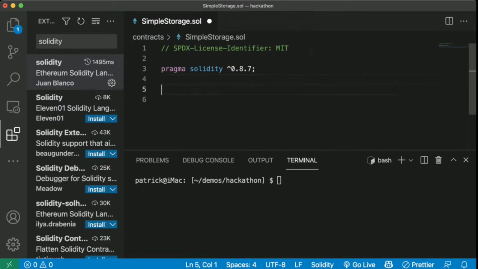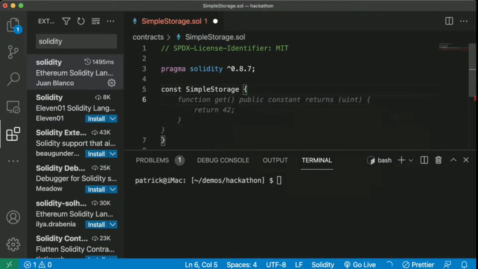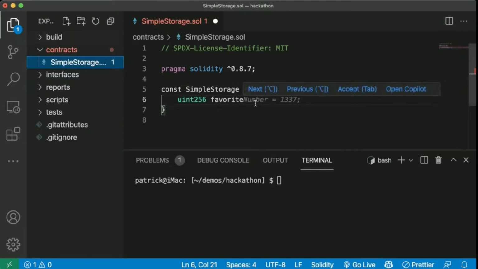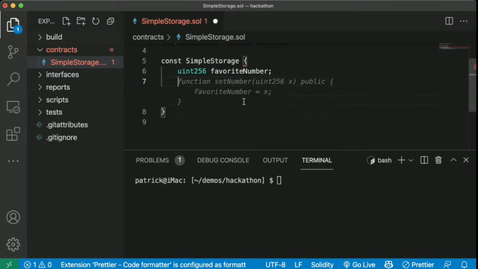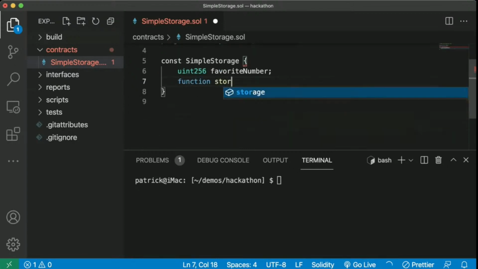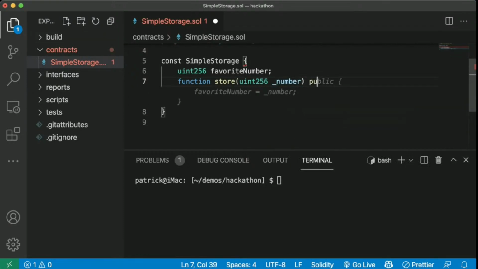Cool. So now let's create our contract. We'll call it SimpleStorage. We'll just have uint256 favoriteNumber. And then we'll create a function, store, uint256 number, public, favoriteNumber equals number.